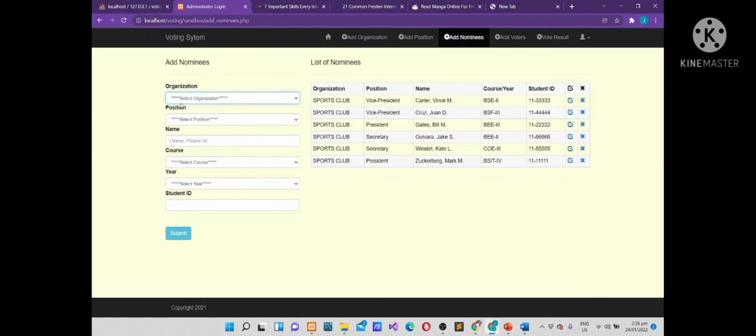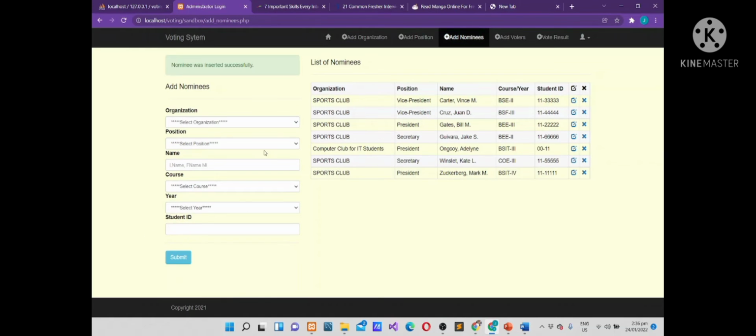Then select the organization, which is the computer club for IT students, the position, president, the name, which is required, the last name first, Angkoy Adeline, and the course BSIT, year, third year, and the student ID number is 00-1. Then click submit. Then next, we have the position for president also, and the name is,